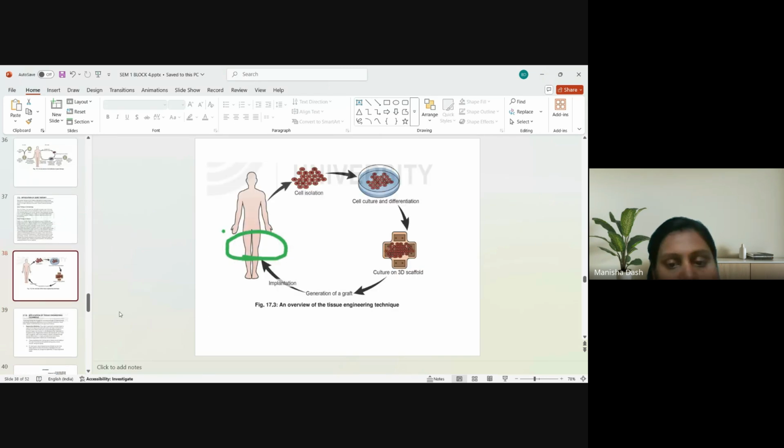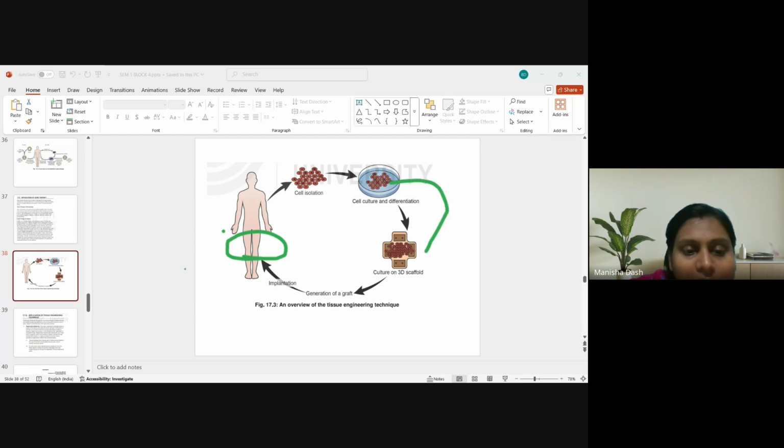Then we come to the end, that is tissue engineering. When we say engineering, it means a technique for generating healthy cells, or designing cells of your own interest. That process is called tissue engineering. So what actually happens in tissue engineering? You can isolate some cells, culture them, differentiate them, and then simply grow them